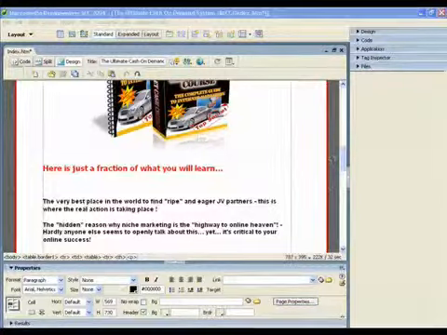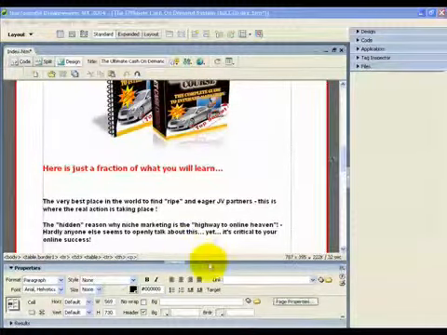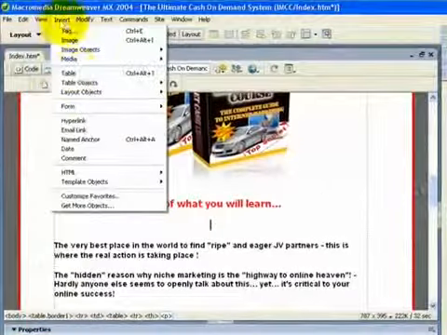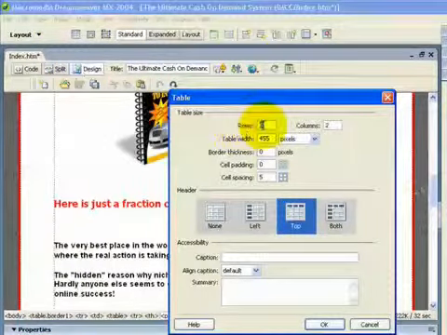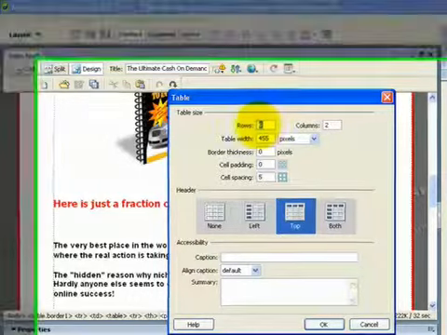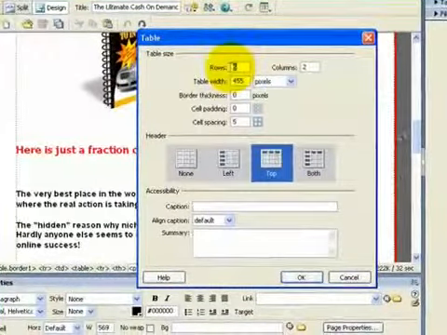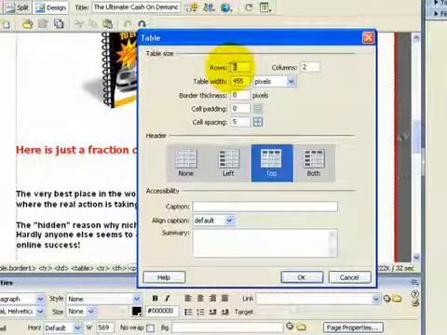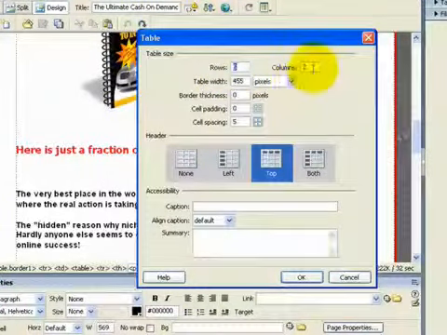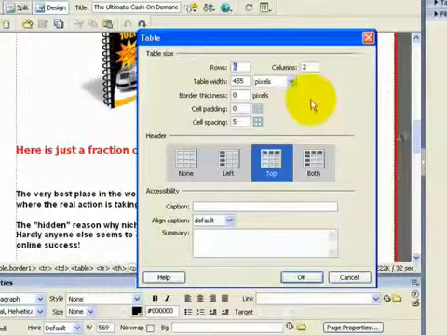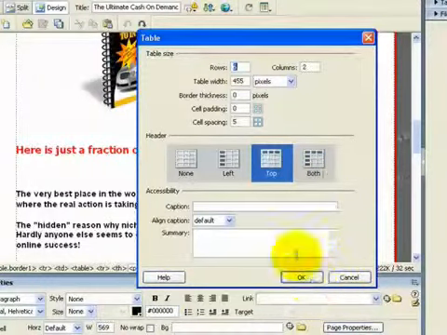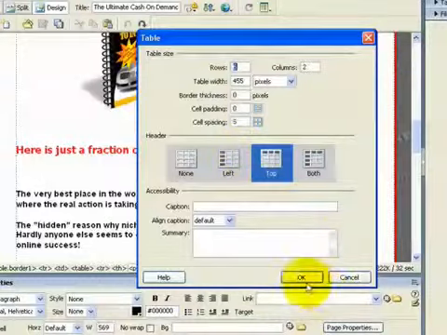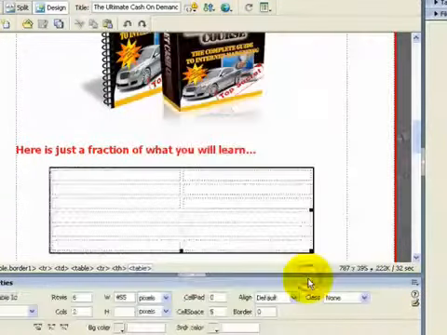So I'll go ahead, presuming that you've done that already, and the first thing you need to do is to insert a table. So if you come up to Insert and then down to Table, and in the rows column you need to insert the number of rows that you have points you want to emphasize. So in this case it's 6 rows for 6 points, and you need to have 2 columns, one for the check and one for the actual point. So I'm going to have a cell spacing of 5 just to spread it out a little bit. So I'll click on OK,